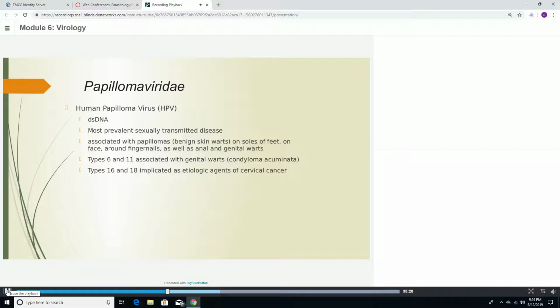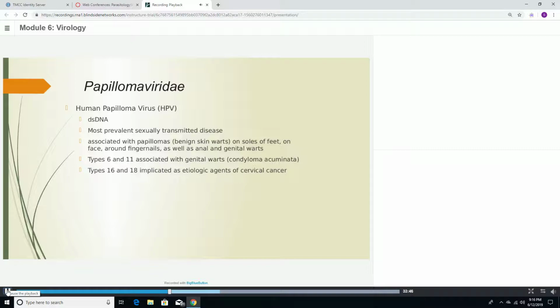The next family that we're going to discuss is Papillomaviridae, and this is where the human papillomavirus is going to be included in. Most of you have heard of the human papillomavirus, especially women. It's a double-stranded DNA virus. It's the most prevalent sexually transmitted disease. So out of all of the other sexually transmitted diseases we've covered in our other courses, human papillomavirus is the